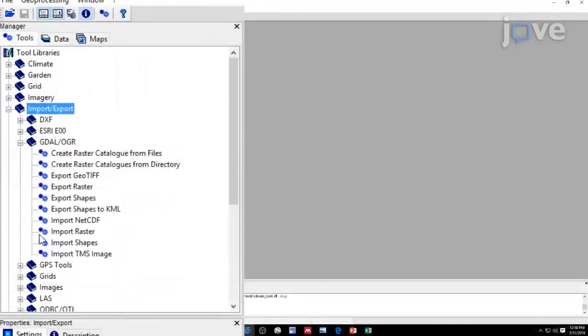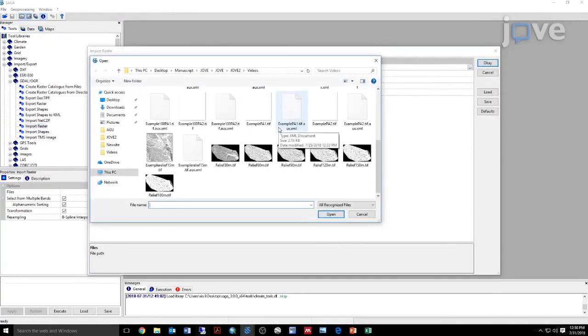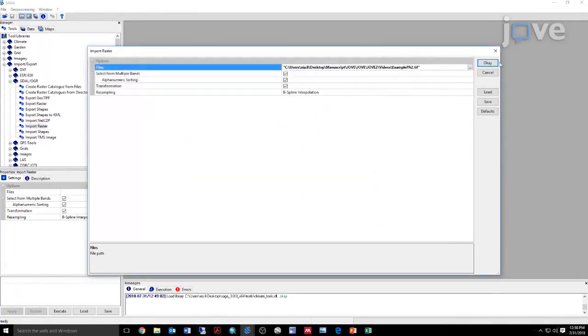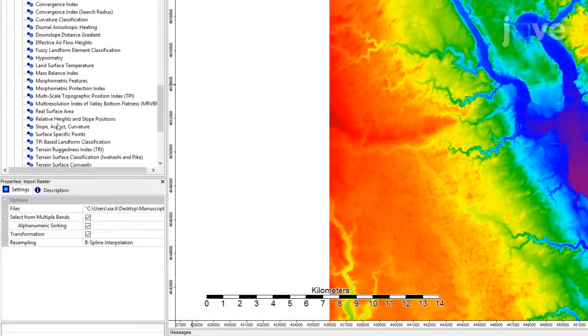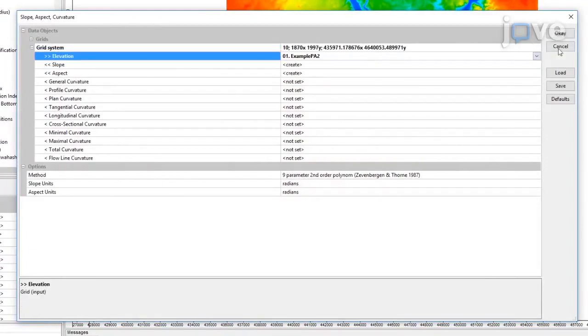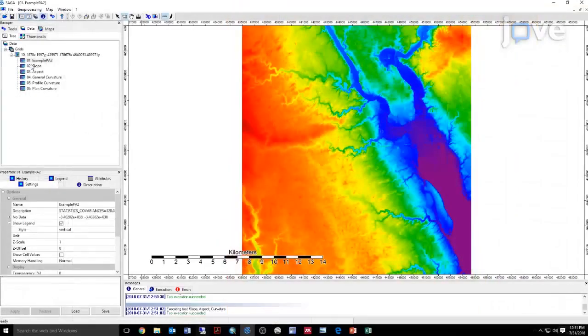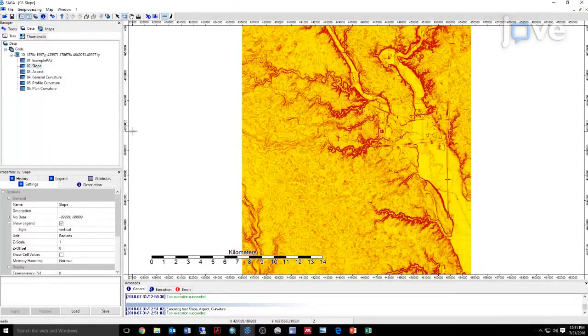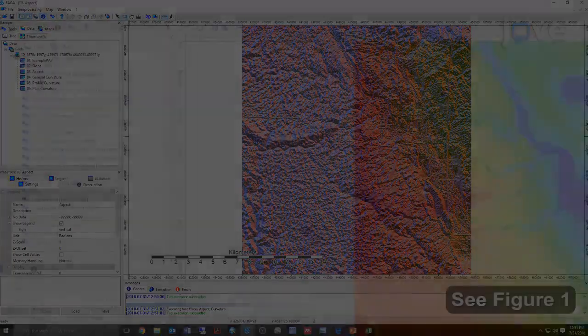To generate topographic metrics, first click Import Raster in the Import-Export section to import the filtered 3-meter DEMs into SAGA. Next, click the Slope Aspect Curvature module of SAGA with the default settings to generate the slope, the curvature-related metric, and the general curvature metric using the filtered DEMs. Click the flow